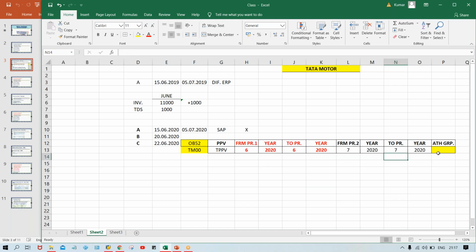Now there is one more thing, guys. In this posting period variant, we are having an option called authorization group. Let's suppose one authorization group, and who is going to maintain this authorization group, guys? For authorization group related settings, we need to involve our basis consultant. What is the use of a basis consultant, guys? The basis consultant is the person who is going to